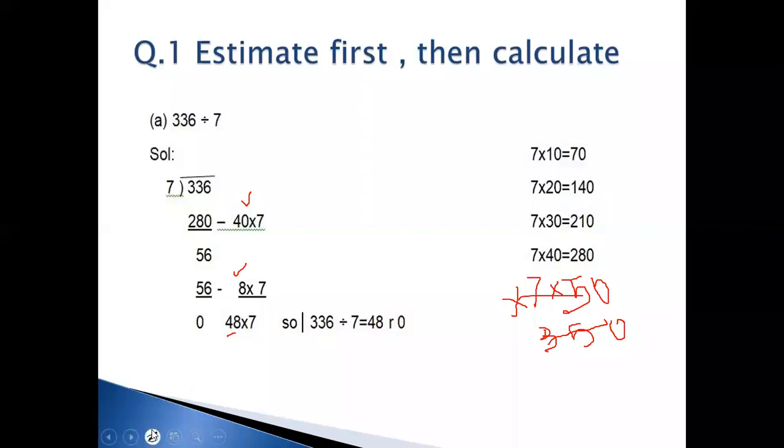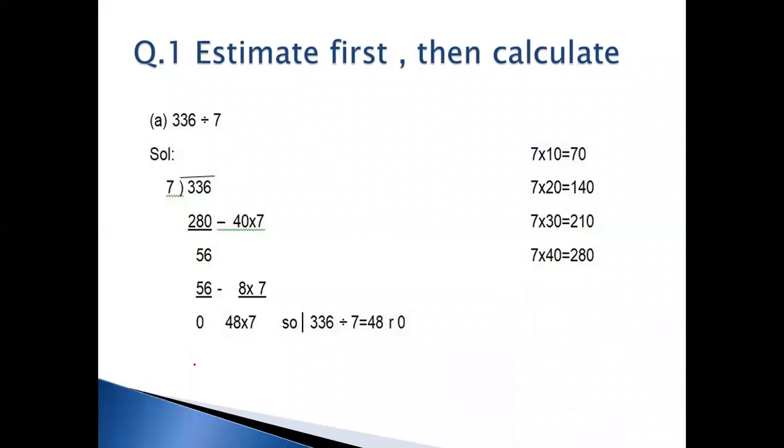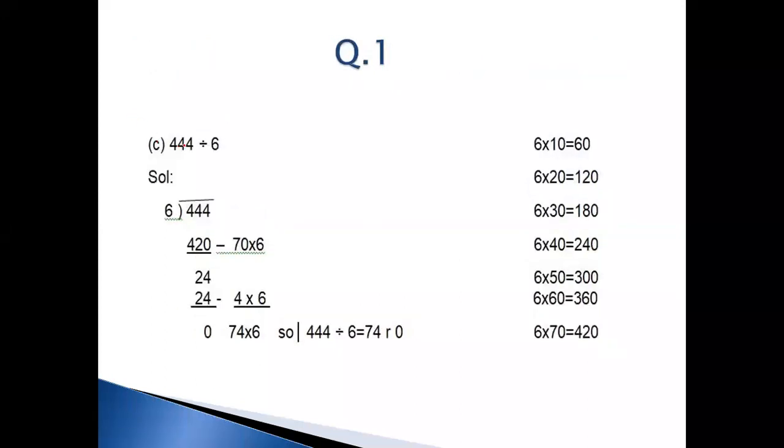This is a very interesting and easy way to solve the division process by repeated subtraction. Let's move to the next example or next part of the question. Again, you can see the number written here, that is 446, which is our dividend. I have written the divisor outside, inserted the symbol of division, then start the repeated subtraction of the division.